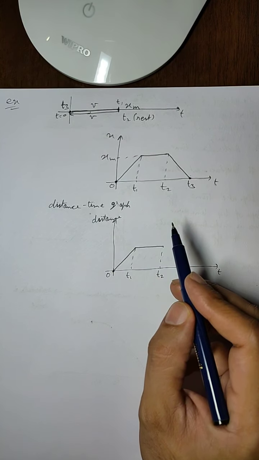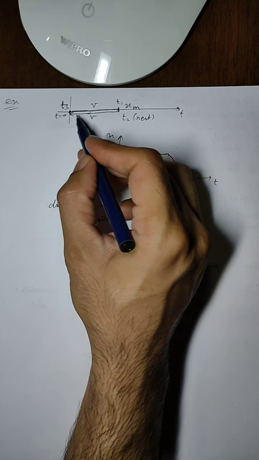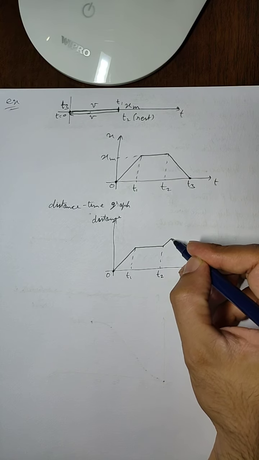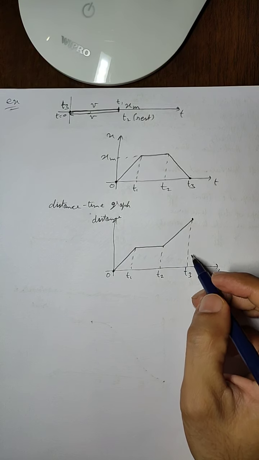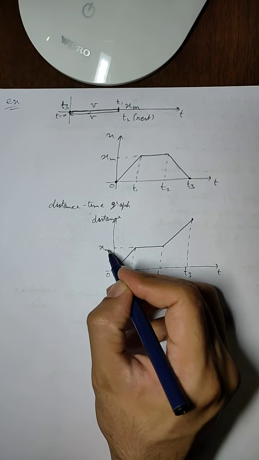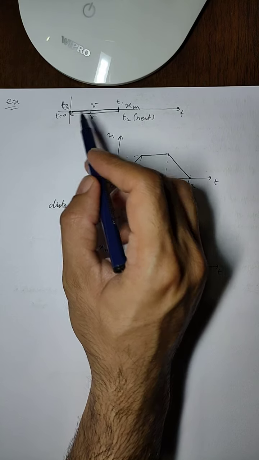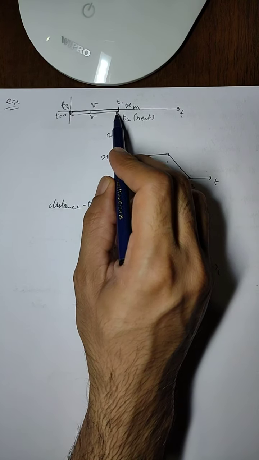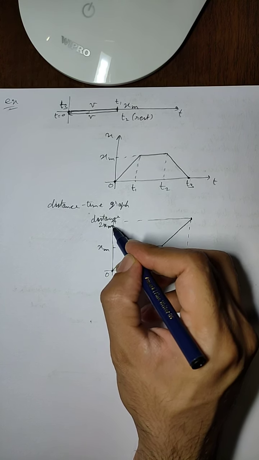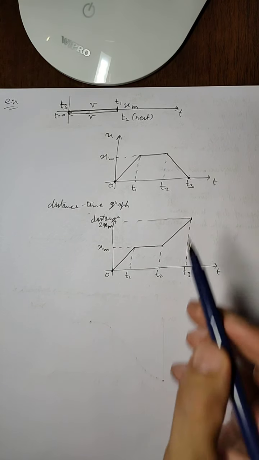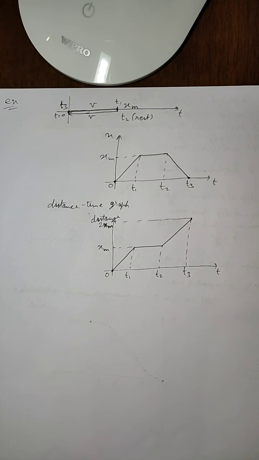Distance will keep on going in the same direction. So when the particle is returning back to the starting point, the distance will still keep on increasing till it reaches this point at t3. So what will be the difference? This point will be xm when the body came here, and then when the body went back, displacement would be 0, but distance would be xm plus xm, so it will be 2xm. So we can say that the body has traveled a distance of 2xm, and from the other graph we can say the body has a displacement of 0. So this is how we analyze the graph.